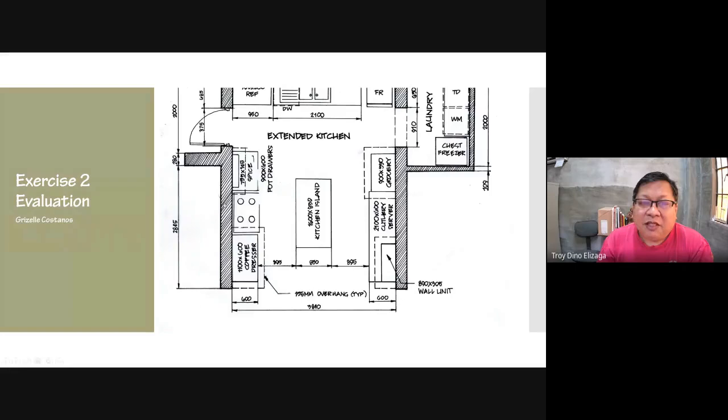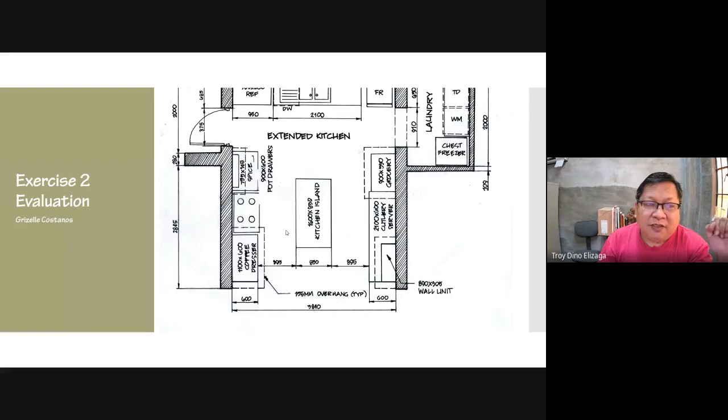Okay, so please take note that the height of the letters should be the same all throughout. For example, I saw some work where, here in the coffee dresser, the 1,100 times 600 is smaller than the coffee dresser when they should be the same. So they should only differ when, for example, the label is on a room. For example, here it's extended kitchen, so the height is bigger than the rest. Okay, but these are minor notations, so they should be smaller. So consistency in style and consistency in height also.